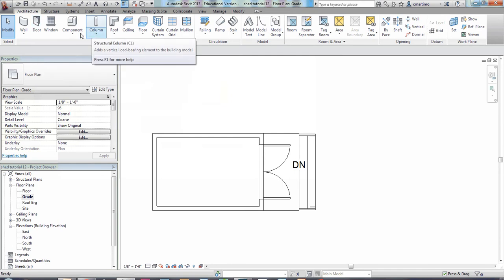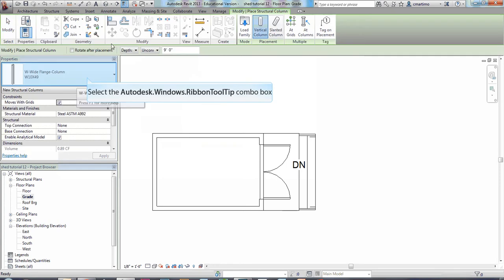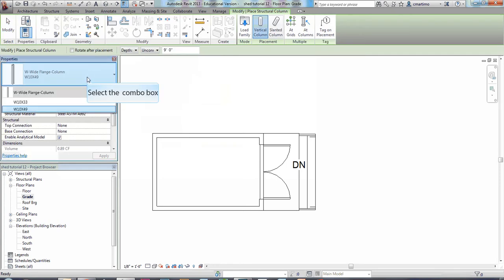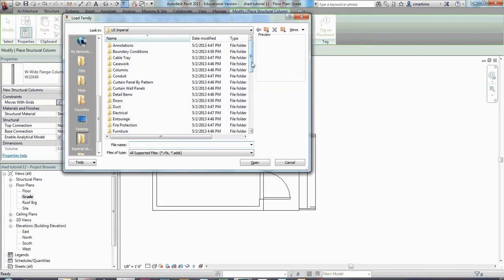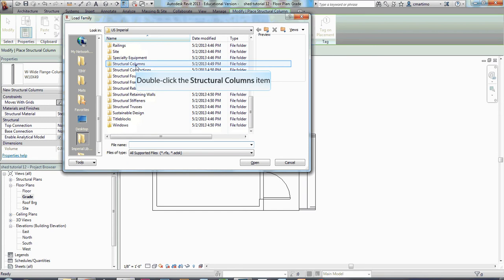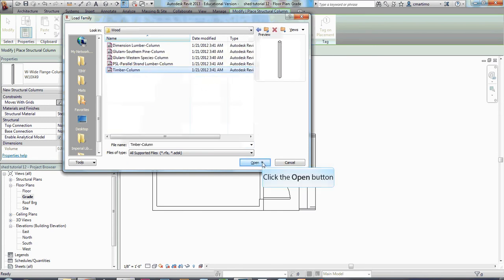So in order to place the columns, I'm going to select under column, and I'm going to select structural column. Right now the only type of column located in here is a W wide flange column, so I need to load the family of the timber column that I want to use. So I have my green modify place structural column. I'm going to say load family, and then I'm going to scroll down to structural elements here, structural columns, and wood, and then I'm going to select timber column, and I'm going to select open,